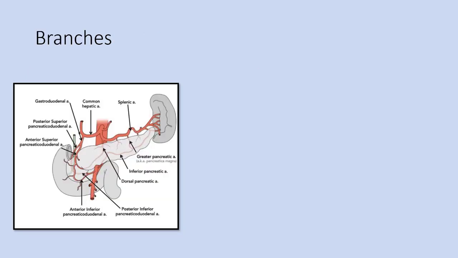These are the branches of superior mesenteric artery. Only first branch is seen here. So this is the one, inferior pancreatico-duodenal artery. Whereas superior pancreatico-duodenal artery is branched from common hepatic artery, that is from celiac trunk. Inferior pancreatico-duodenal artery divides into two, that is anterior and posterior branch. They run in the groove formed between head of the pancreas and duodenum. So this is the first branch of superior mesenteric artery.